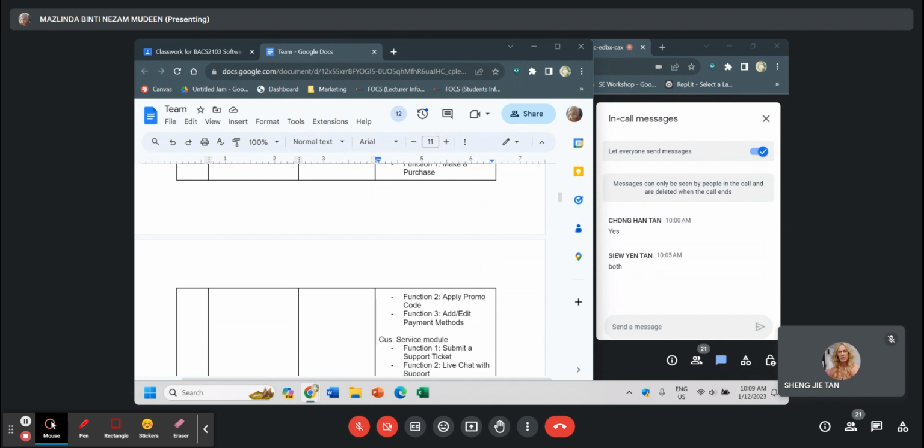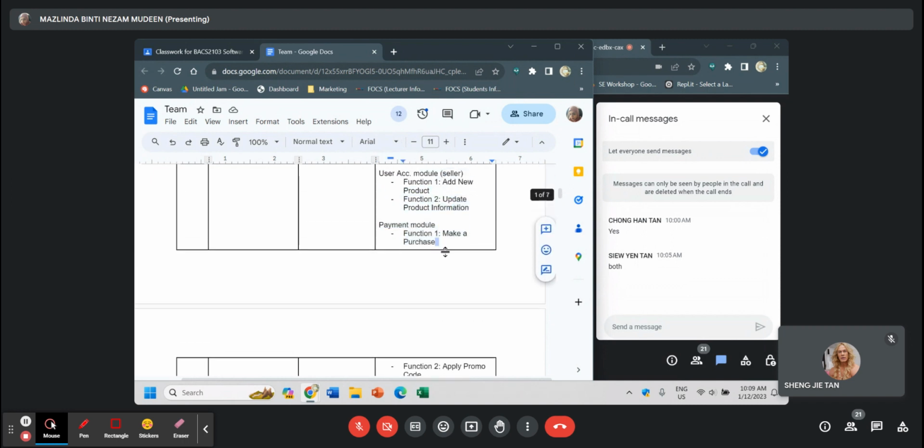Try to check back how you are going to use the test case template which I have shared. From there you can see, are you going to have a proper test step? Are you having data? Because when you just click a button, we don't have data to test. It's either you click the button or you don't click the button. So when we say make a purchase, I'm not sure how complete it can be. So please check.